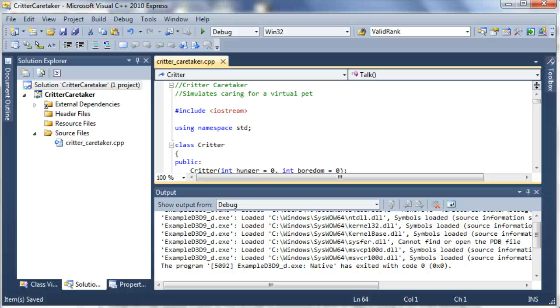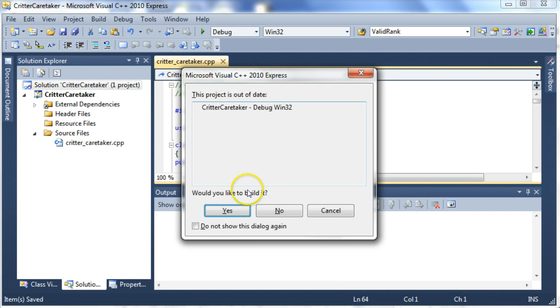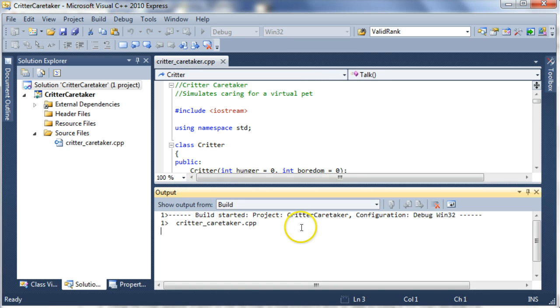Okay, so the last critter class I want to take a look at is this critter class that we can use to make a little critter caretaker game. So we're going to have a critter as a virtual pet. Let me run this and show you what we can do with it. This is a text-based game,